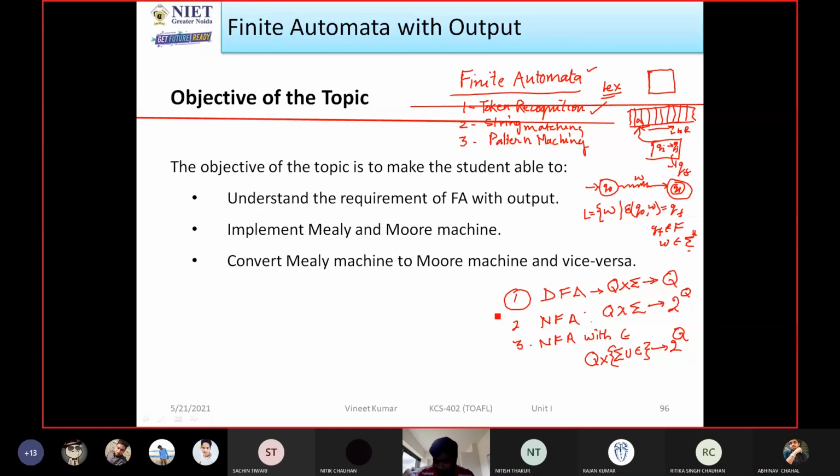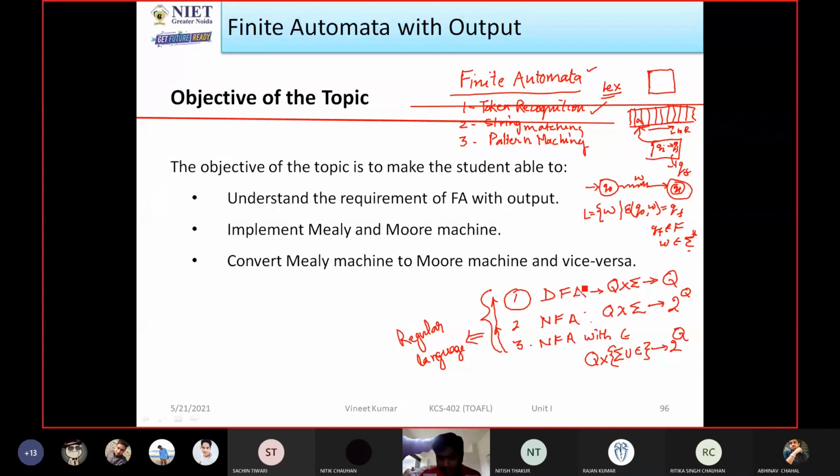So if we see the power of these machines, these are all equivalent because they all accept the same language. That language is known as regular language. That's why the power is same. But if we talk about the difficulty in construction, NFA with epsilon is easy to implement, so we have to convert it into the NFA, then into the DFA, because we have to ultimately code it in a kind of machine that has determinism. So we have to convert it into the DFA, right?